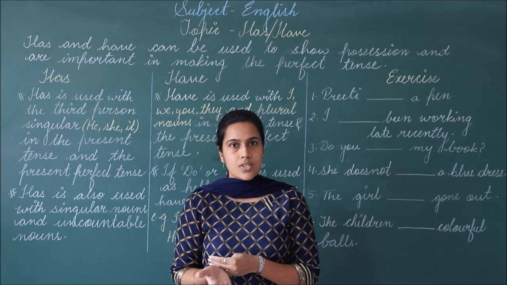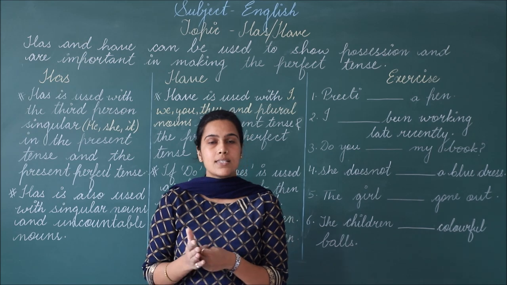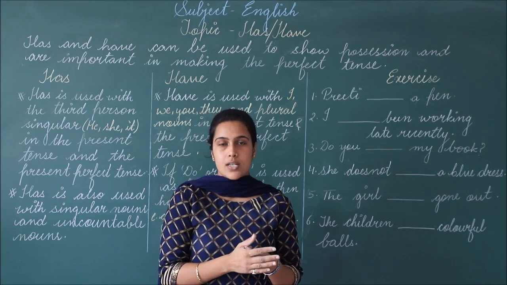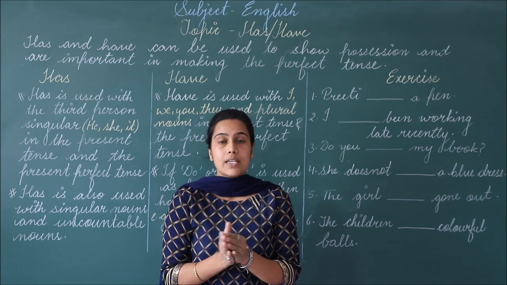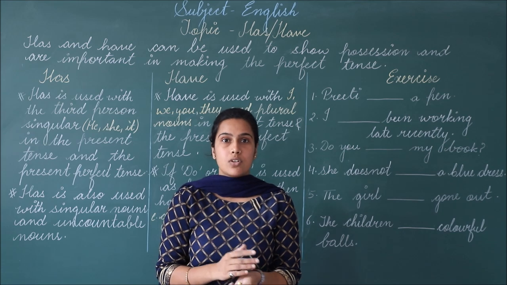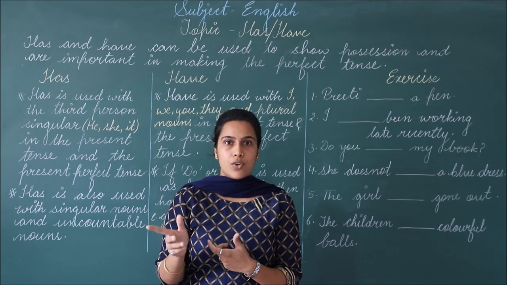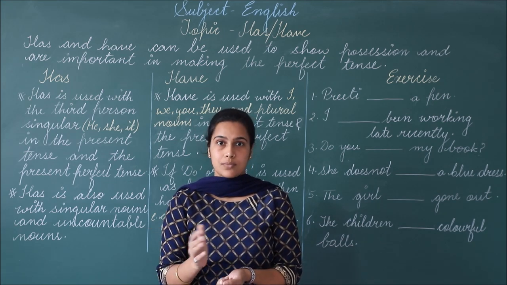And another use is that you use it in perfect tense. Perfect tense is that form of tense where you show the completion of a work. जहाँ पर ये शो करना होता है कि हमारा वर्क कंप्लीट हो चुका है. जैसे in class we use have very casually, like when you say that I have done my work. जब आपका काम पूरा हो चुका होता है then you say I have done my work.